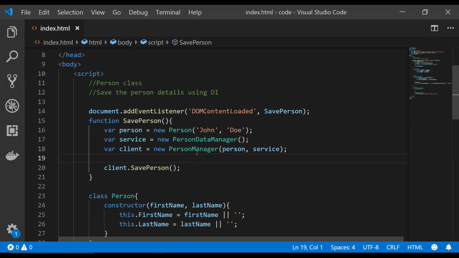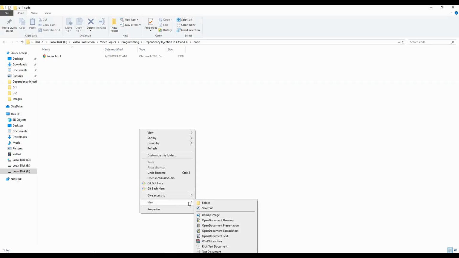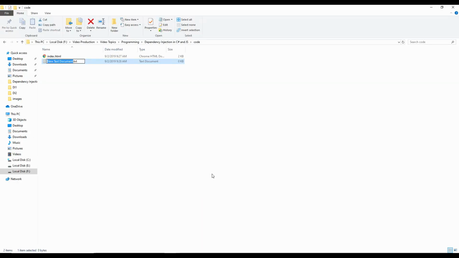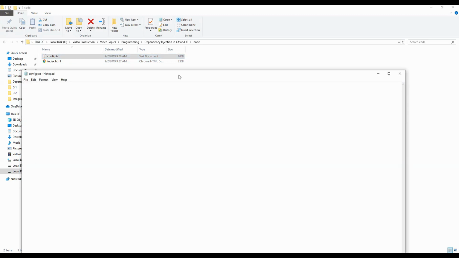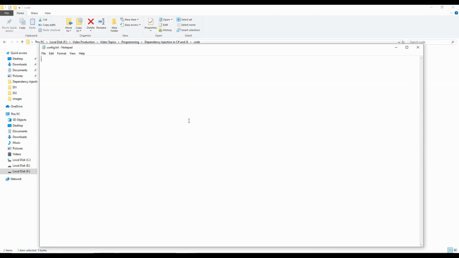To do that, we will create a text file, and then we will write the information about the service to use inside that text file. For that I'm going to create a new text file, and let's just call it config.txt. Oh, it's already a text file, I'm sorry. Now let's just open it, and what I will do is I will write a